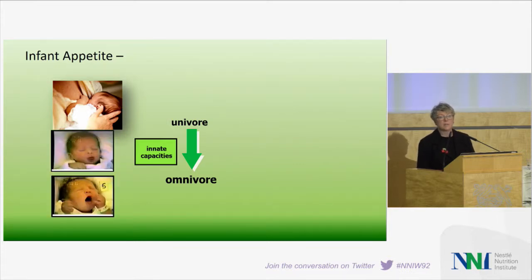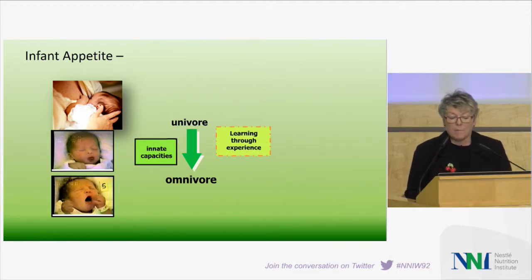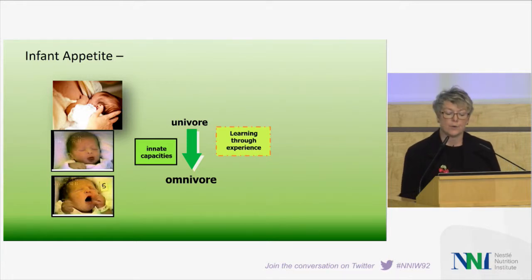And partly they are born with an innate liking of the sweet taste and an innate dislike of bitter. So this slide up here is of a baby having sucrose in solution, and this is a baby having quinine sulfate, a bitter taste. The other thing that babies can do very well is they learn, and they learn through